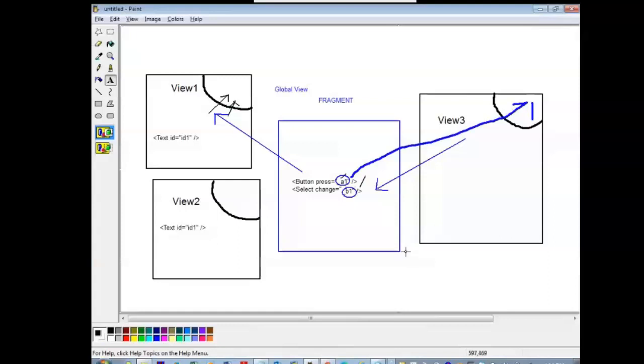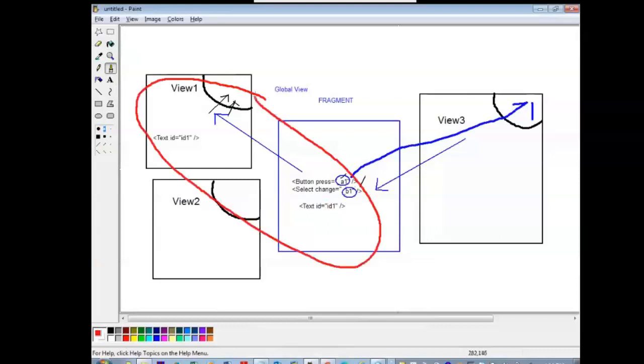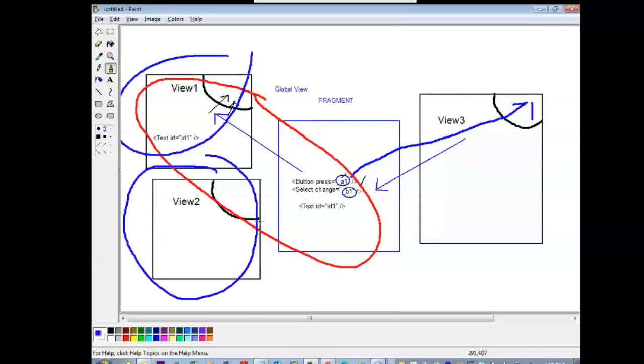But when it is with a fragment, I gave you a note also at that time. If view 1 is sharing the fragment, then you cannot have the same ID, because when it is sharing, it becomes one big object. So the presentation logic IDs should not collide. View 1 and view 2 are two different objects in memory, so it won't clash.